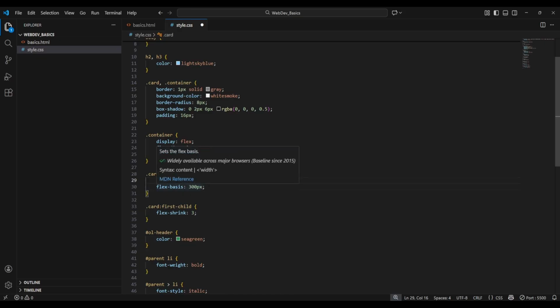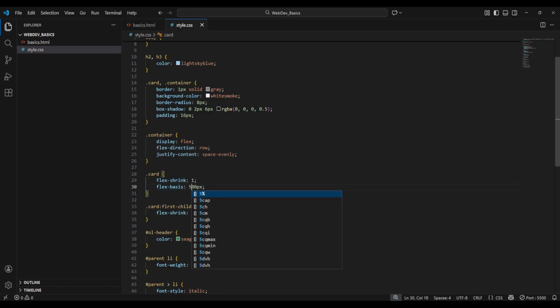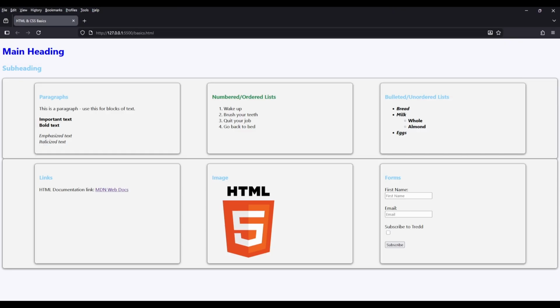And then let's set the flex basis to something like 500 pixels. On the web page, we can see that the flex items don't look to be shrinking, and they're all currently at a width of 500 pixels. This is because the containers have plenty of room to hold all 3 of them,